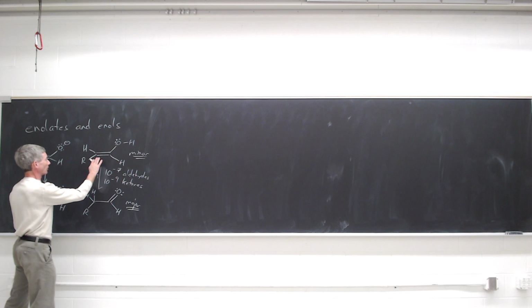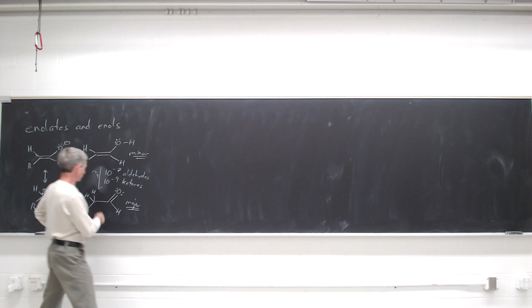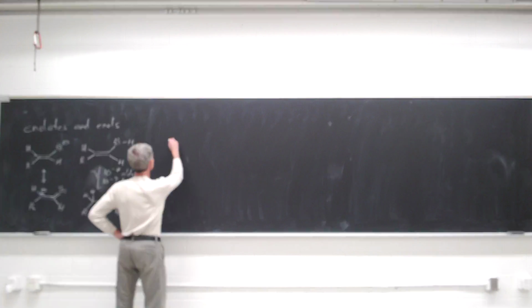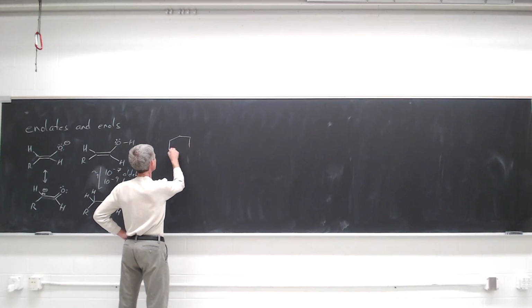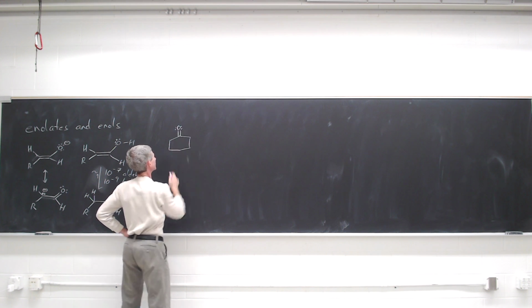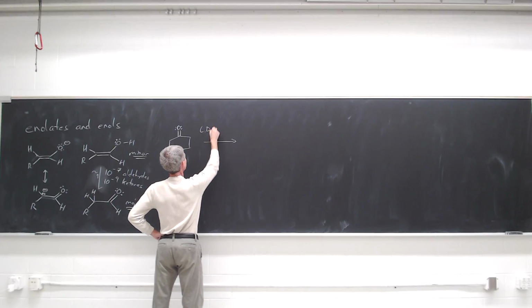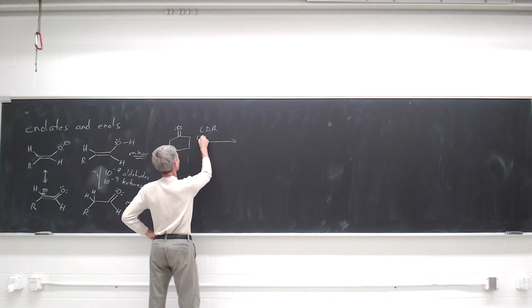So this carbon-carbon double bond in the enol form can undergo some addition reactions that you would expect for an ordinary carbon-carbon pi bond. To convert the ketone to the enolate, one can use a strong base like LDA, lithium diisopropylamide,